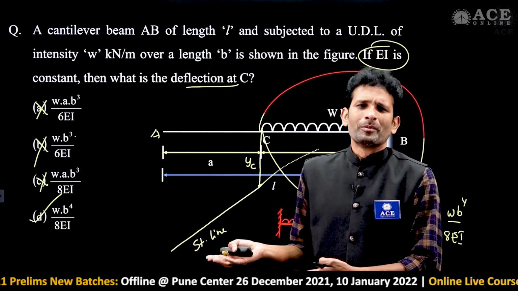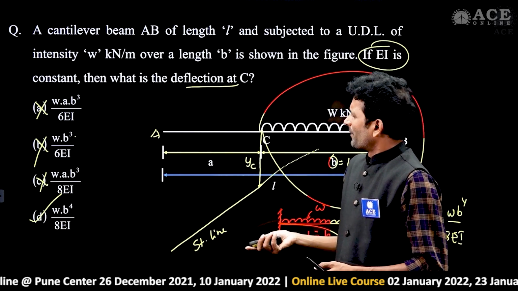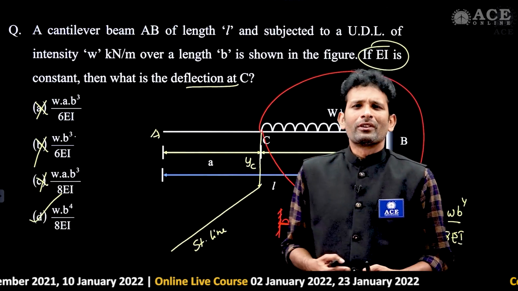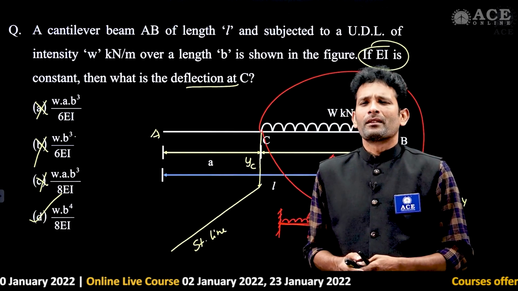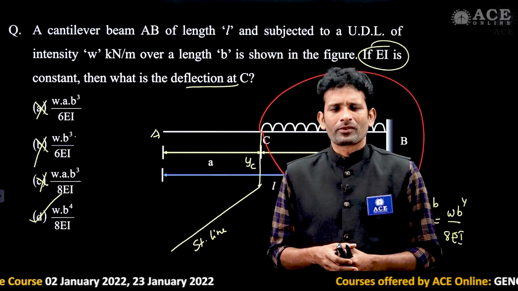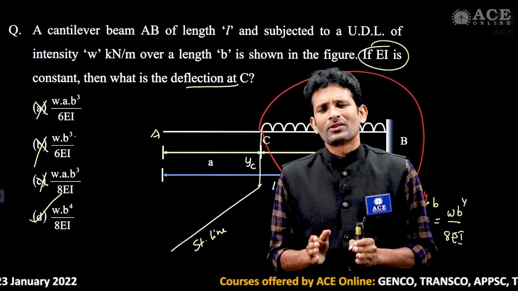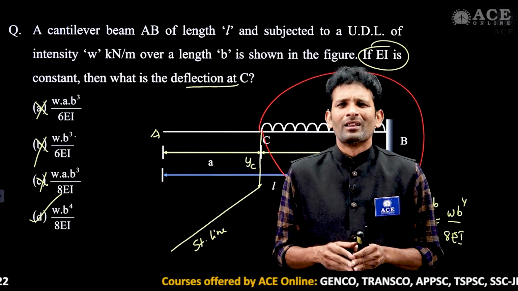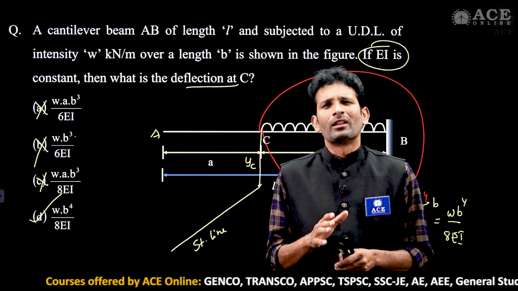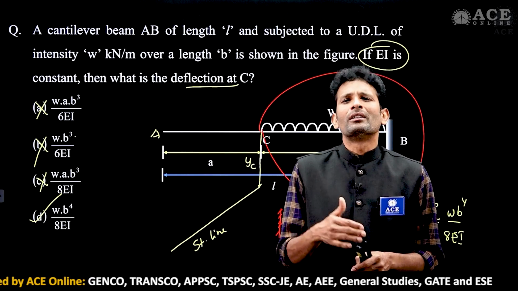Or else you can apply the moment area method or some other methods, conjugate beam method or double integration, whatever it may be, right? These are the questions we are observing from the strength of materials, particularly the MPSC 2020 mains paper. See the difficulty level of the questions from the strength of materials, this is very easy to moderate level. A few numerical parts we are observing, but we may not feel any difficulty in that numerical part also. And some of the problems are directly related to definitions.